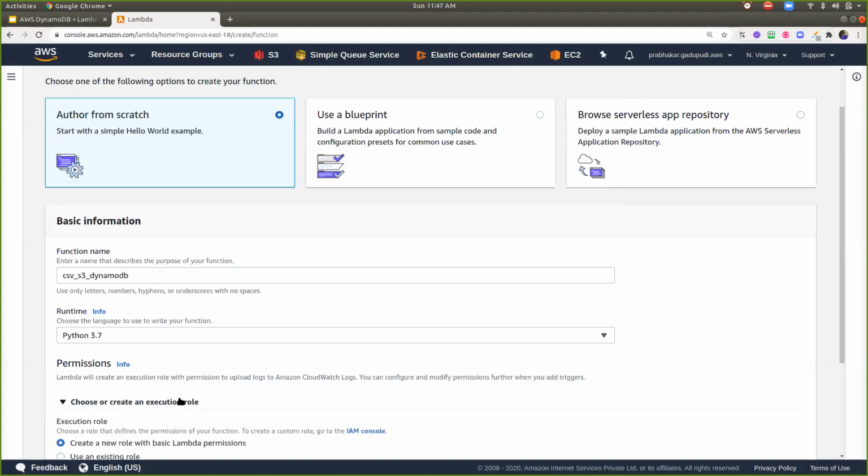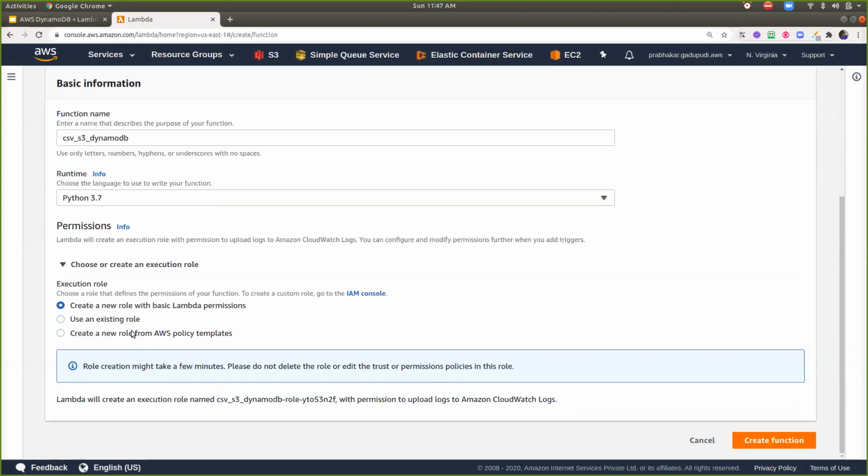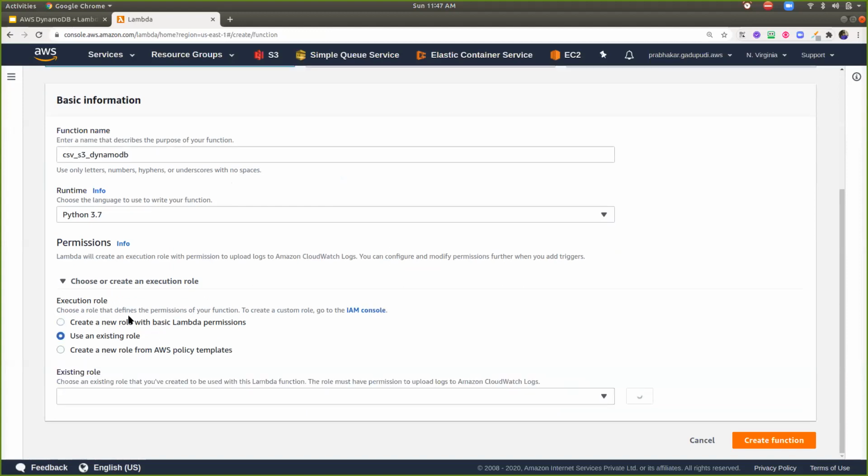And these permissions are very important here. Either you could create permissions dynamically at runtime, or the second option is that you can choose an existing role. So here I'm choosing an existing role. I have created a role with admin access, because I want to insert the data into DynamoDB and at the same time I want to read the data from S3.